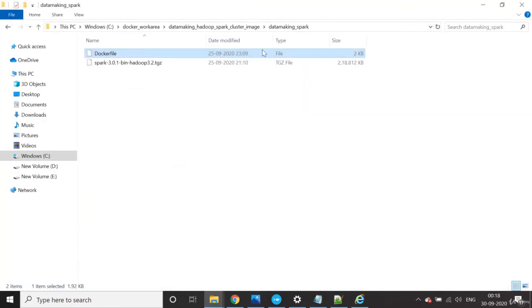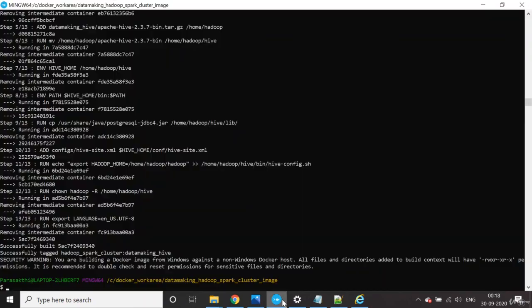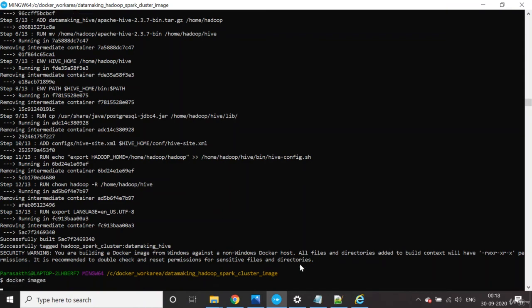Okay, so now this is done. All these four images, once built, we are going to run these images and create containers. So let's wait for it. I think it is done. Okay, so now issue the docker images command.